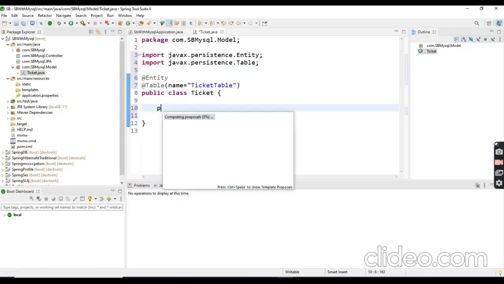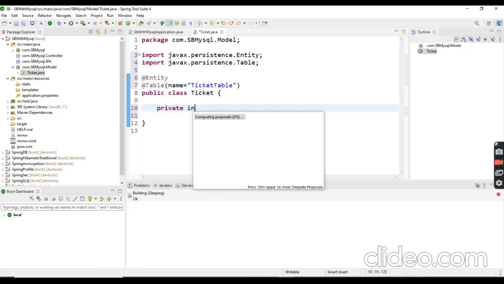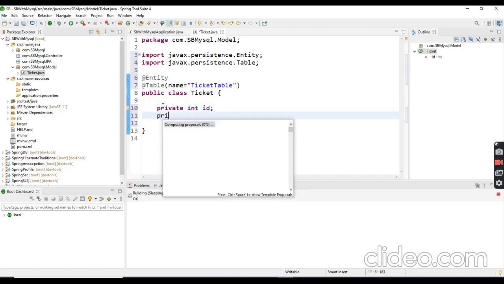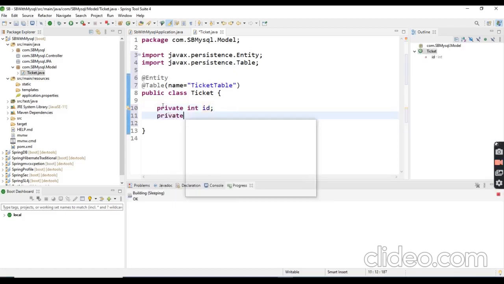First I am creating ID, then I am creating place, then I am going to create price, the ticket price.